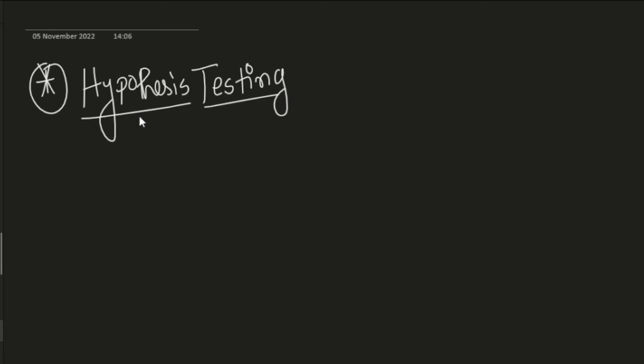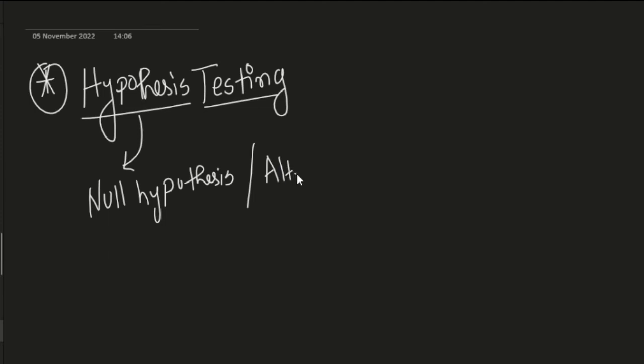So there are two kinds of hypothesis. The null hypothesis is written as h naught, which is this, while the alternate hypothesis is written as h1. Okay,